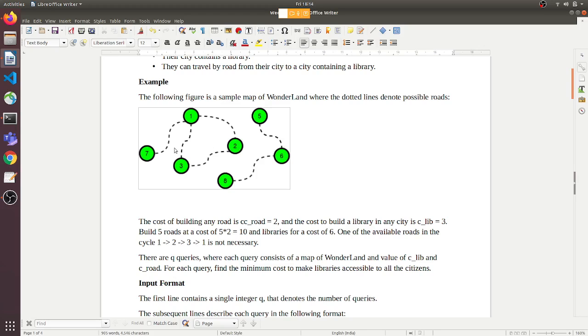So if we construct these 5 roads, then the cost of building the roads is 10. And if we then construct two libraries, one library let's say in city 1, one library let's say in city 6,